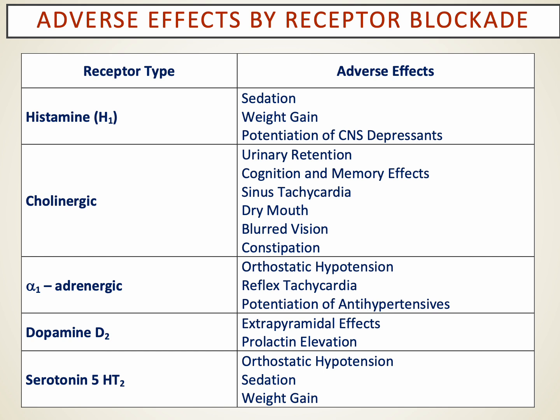So the older typical antipsychotics have affinity to varying degrees for histamine 1 receptors and can cause sedation and weight gain. For muscarinic receptors, there are all the antimuscarinic properties we alluded to earlier in the year: urinary retention, cognition changes sometimes, tachycardia, dry mouth, blurred vision, constipation. They also can cause some orthostatic hypotension by their ability to block alpha 1 adrenergic receptors, and you might see a reflex tachycardia in response to that hypotension.